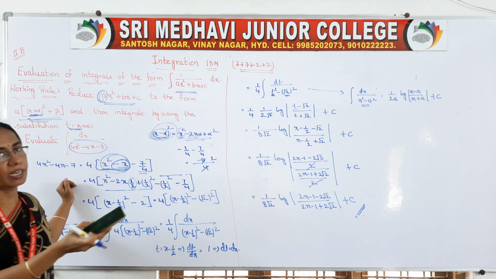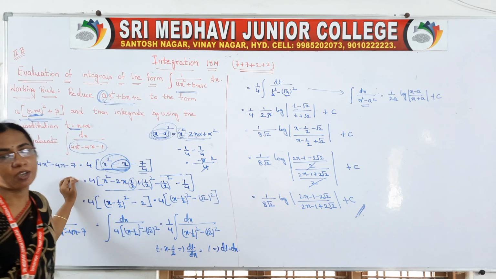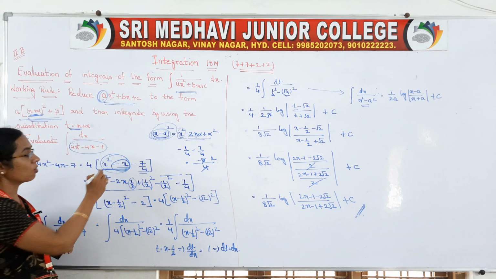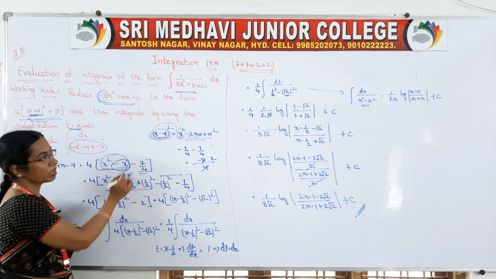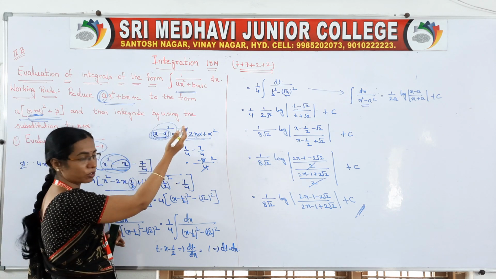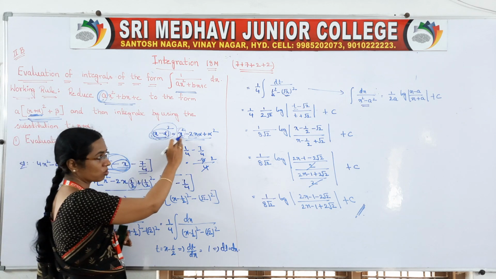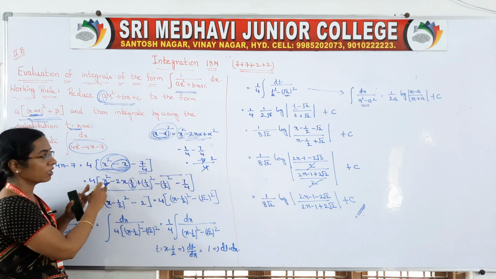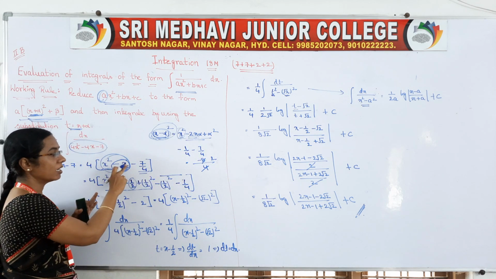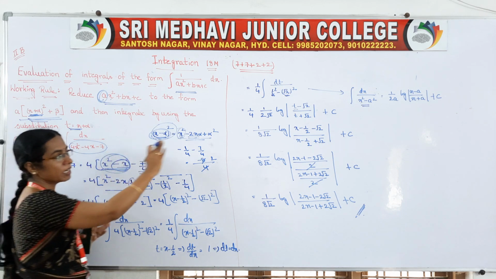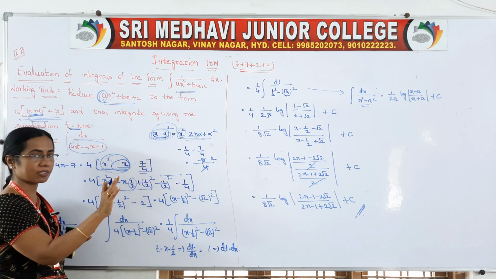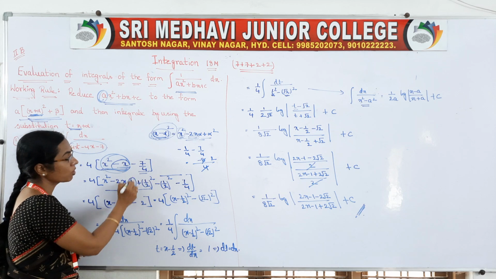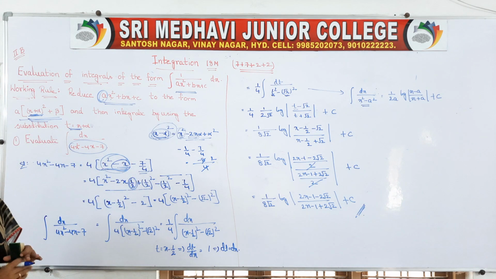Okay, again some problems are there in the exercise, where we will repeat this problem. So practice this problem. I think it is clear. The only thing is how we have to take it. So here compulsorily it should be x minus something whole square. X minus something whole square means x square minus 2x into something plus something square. So while writing, x square will be there in the question, and with this x will be there, but compulsorily we have to write 2x into something. So you take 2x, right? Then you balance the equation according to the given equation. With that you will know your alpha. That is the key point in this problem.